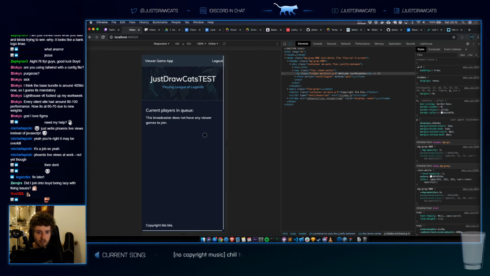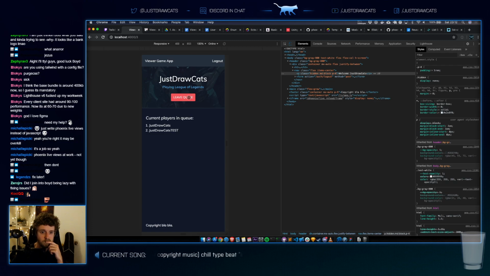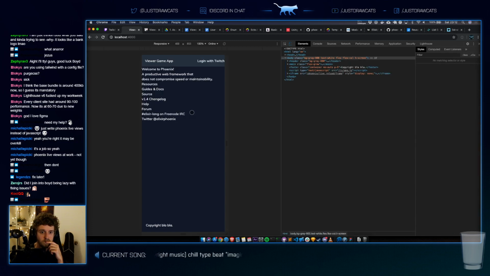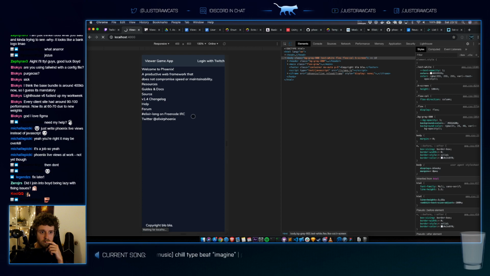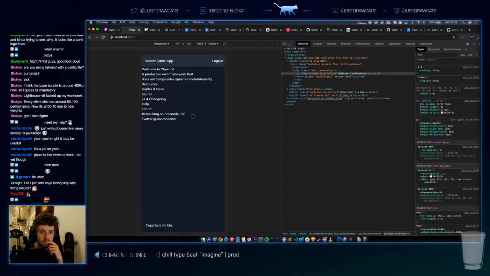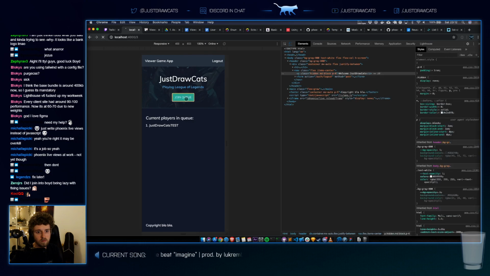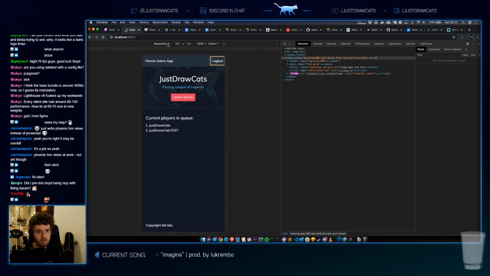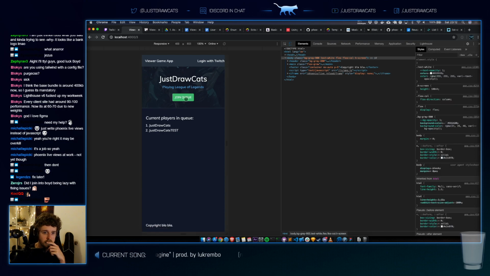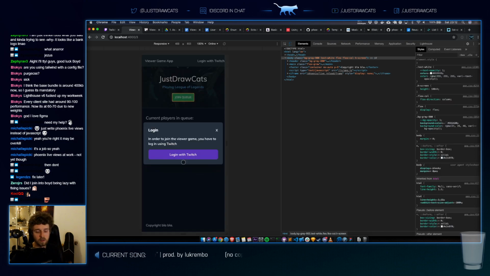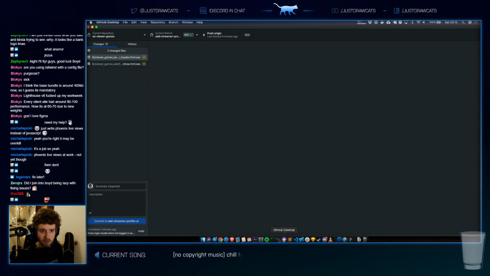For now, that's good enough. This mobile UI is not super great because I think you want to have it at the bottom. Maybe we can fix stuff for now.